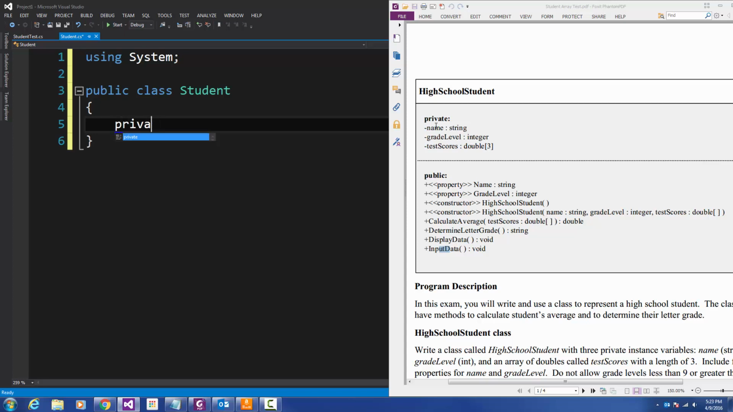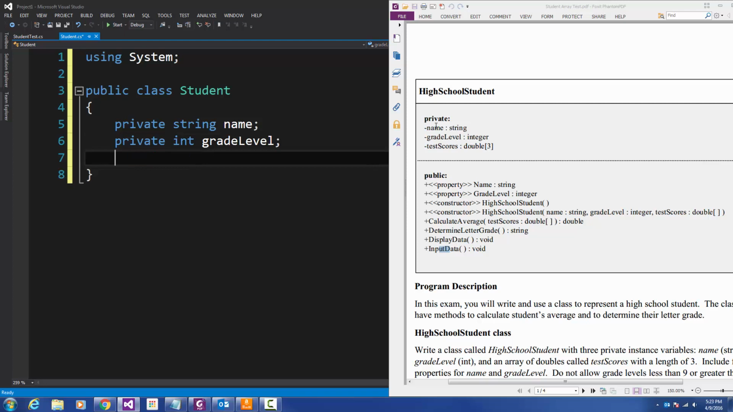So that's going to be private string name, then private int grade level, and then I have an array of size 3 of doubles, so that's going to be private double, and then it's called test scores,